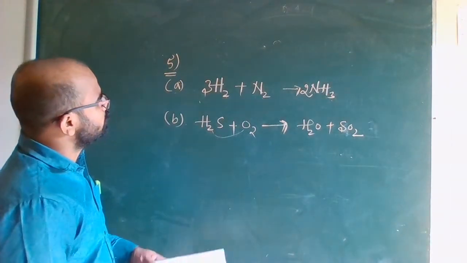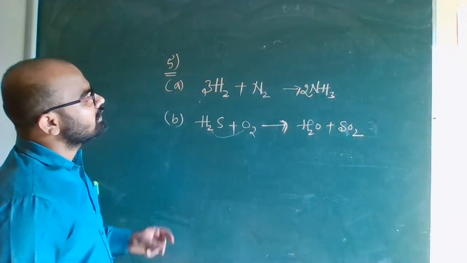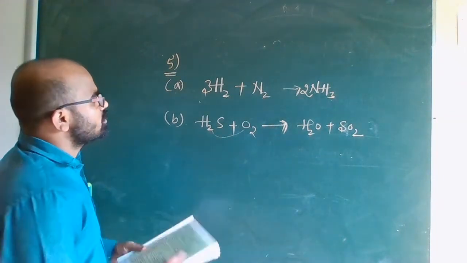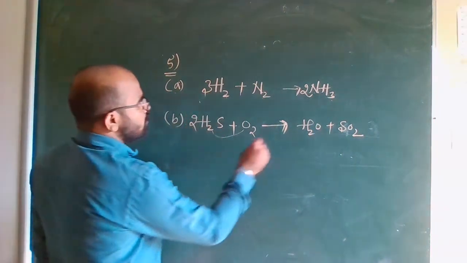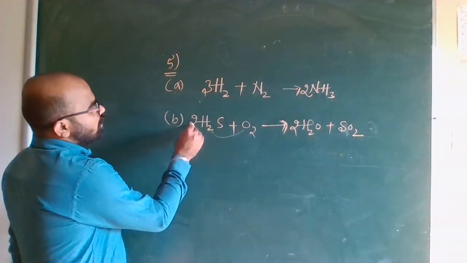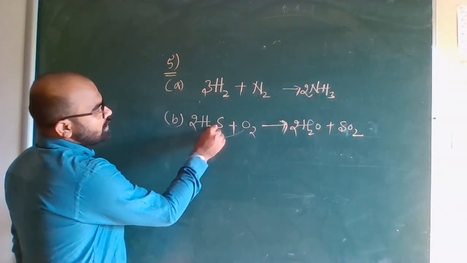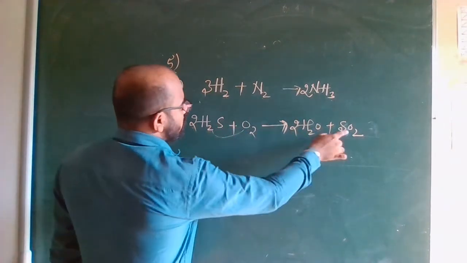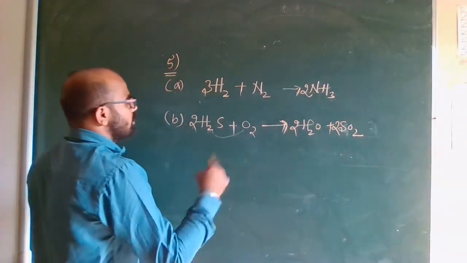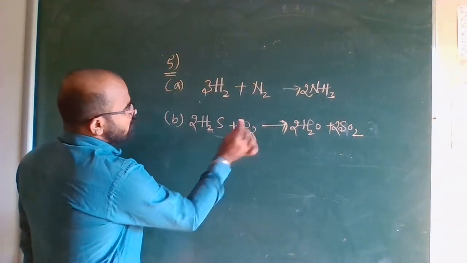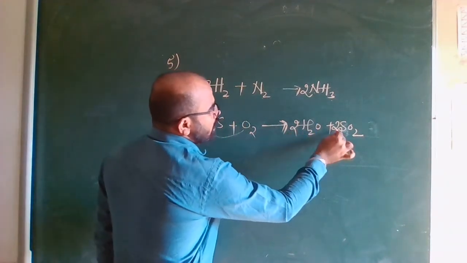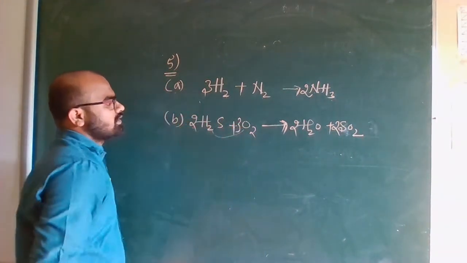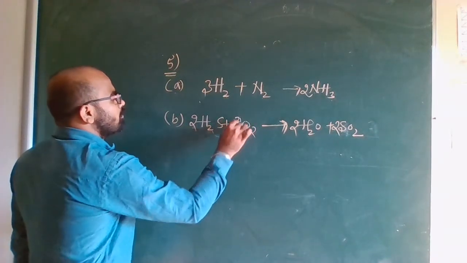Okay, so balancing of hydrogen sulfide, H2S. If I write 2 here, this will become 2. Check. 2H, 2 into 2, 4H, 2S, only 1S. So shall we make 2 here? Okay, 2S, 2S. O2 I will check now. 2O, here 2, 4O, 6O are there. 6O are there means I will write 3 here. So I think it is balanced now.